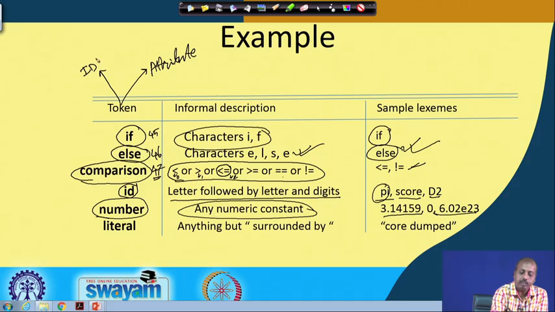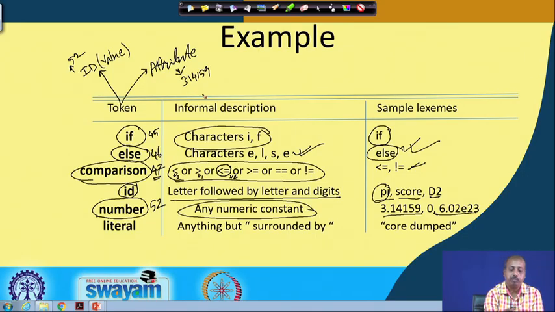Okay. So, token ID or token value and then attribute part. Suppose the corresponding token number given here is, say, 52. So this ID value is 52, and in the attribute part we return the actual value, maybe 3.14159. The parser, if necessary, will check the grammar rule; for checking the grammar rule it will look into the token ID, but for doing some code generation and so on, it may need this attribute value. That also it can do. So this is how the parser and the lexical analyzer will work together.